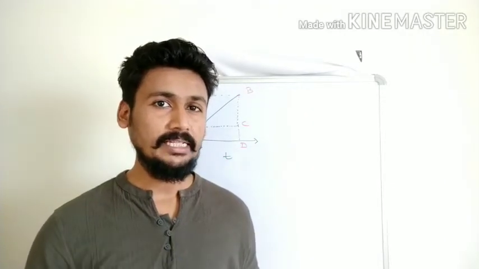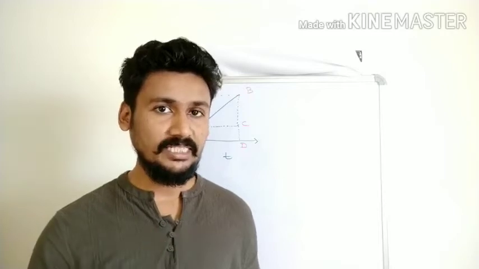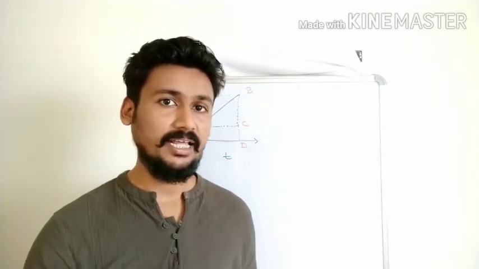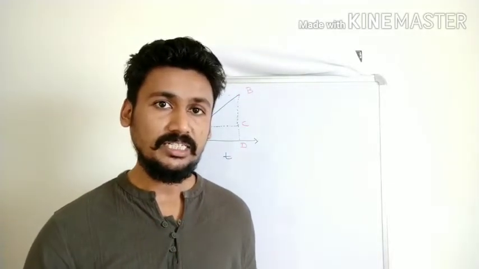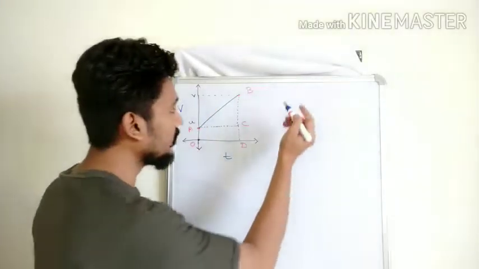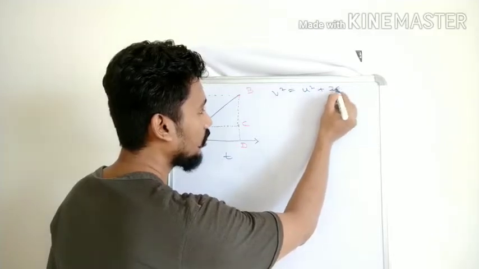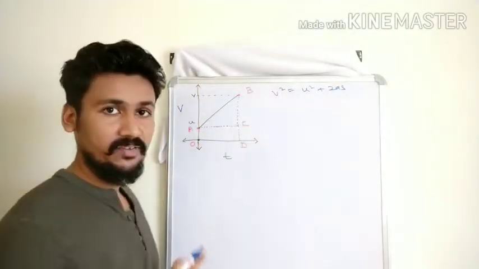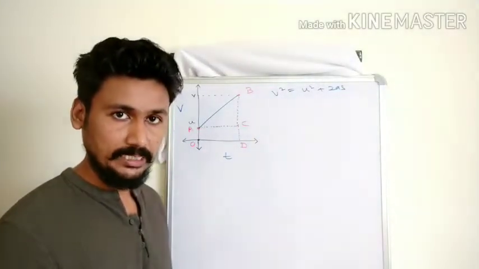If you are finding these derivations a little difficult, that is fine. You just have to read them once again and they will make sense. Now let us do our third derivation. We are going to derive the third kinematic equation, which is our velocity position relation. What is the velocity position relation? V square is equal to U square plus 2AS. So now we want to derive the relation V square is equal to U square plus 2AS.